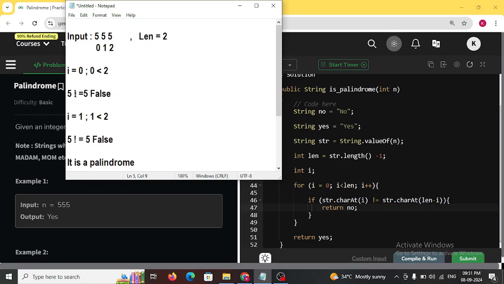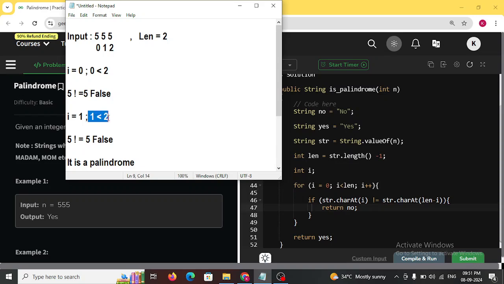Now I check the if condition, str.charAt(i), that means the first character, and the last character. These two characters are equal, so this condition is false. So I increment to 1.